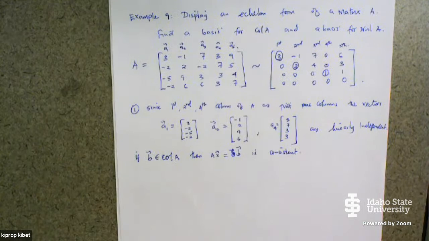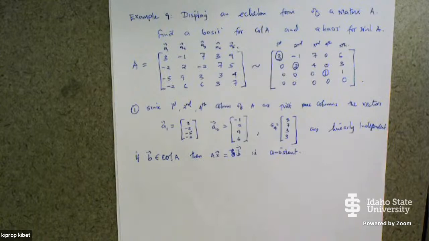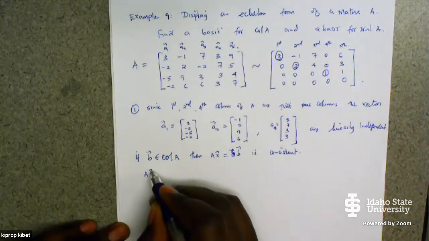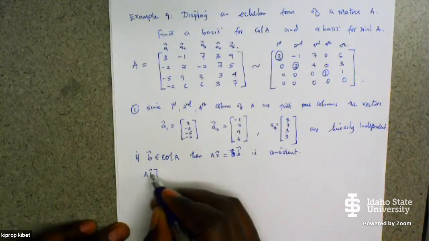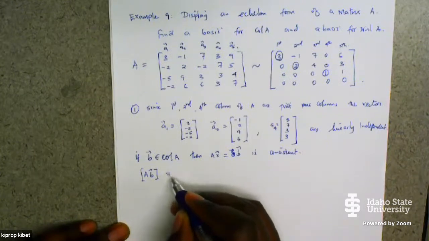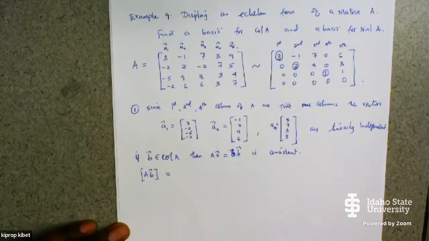AX equals to B is consistent. So we remember the definition of column space. So then our A and B, our augmented matrix [A B], is now equals to